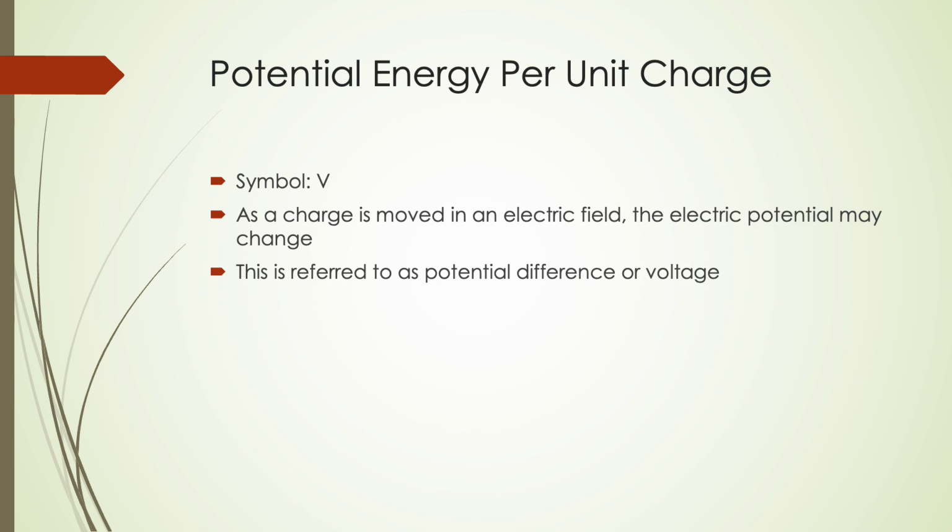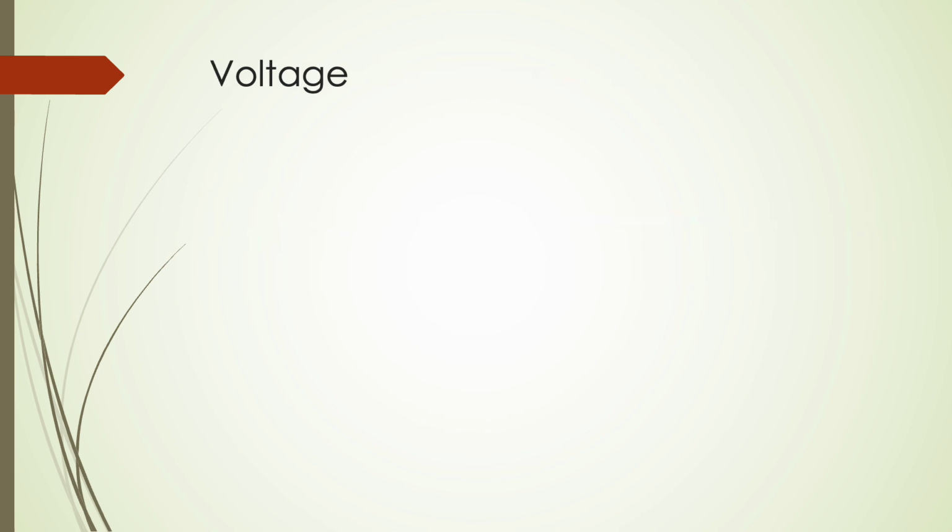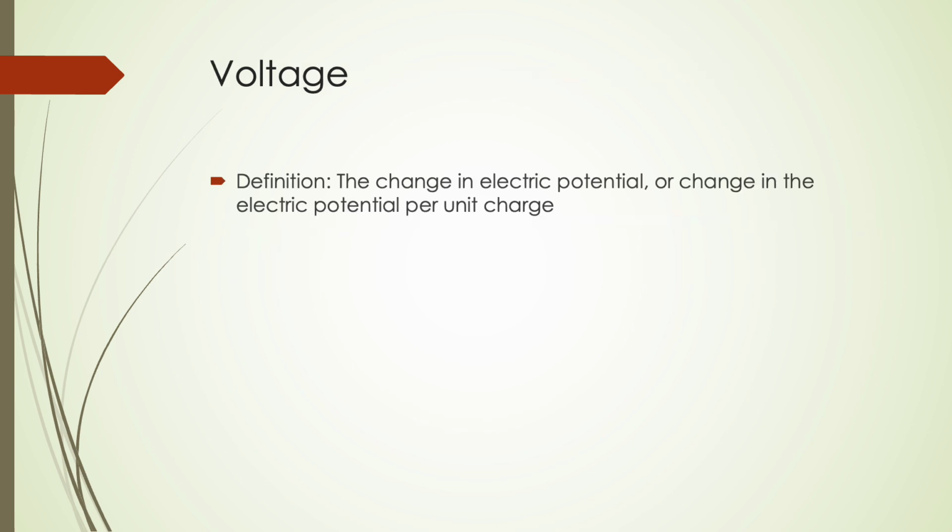This is referred to as a potential difference or voltage. Voltage itself is defined as a change in electric potential, or change in electric potential per unit charge. It is a scalar quantity, and it is given by V is equal to our change in potential energy